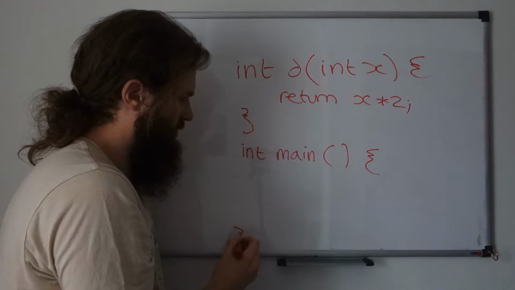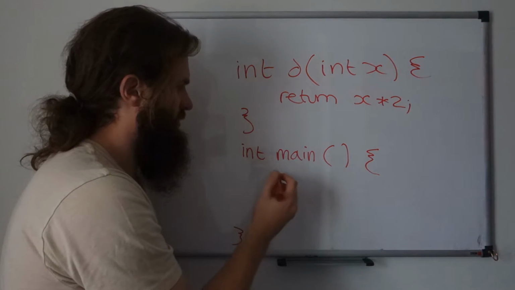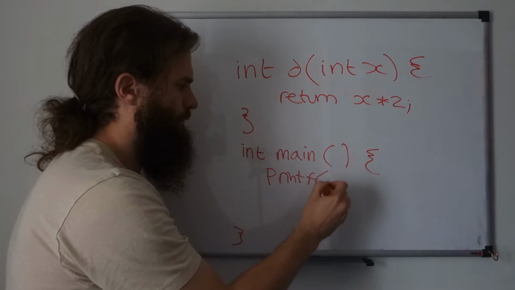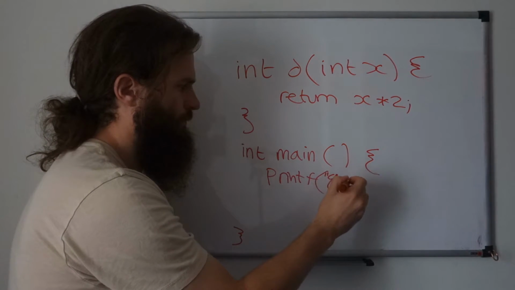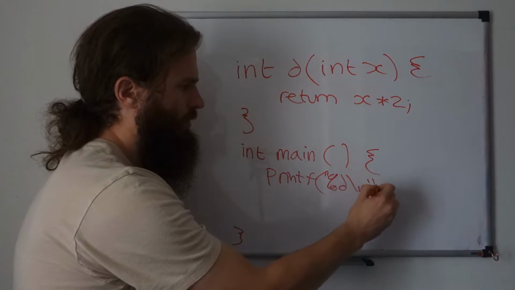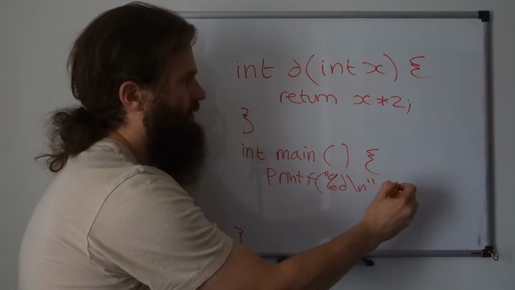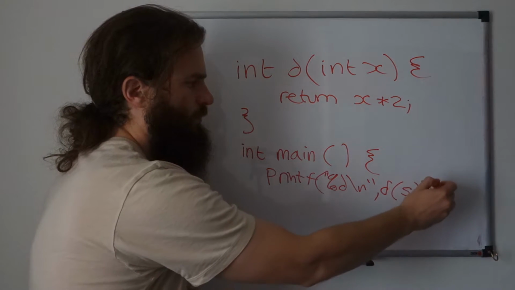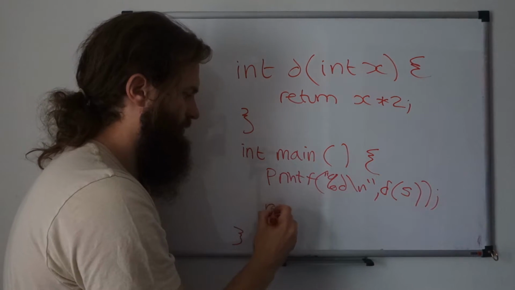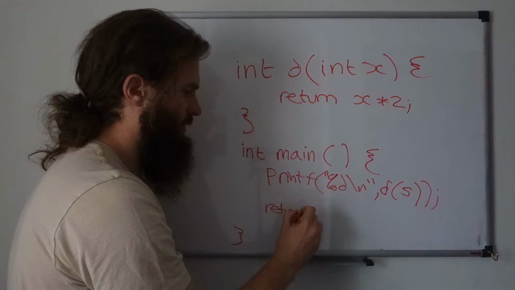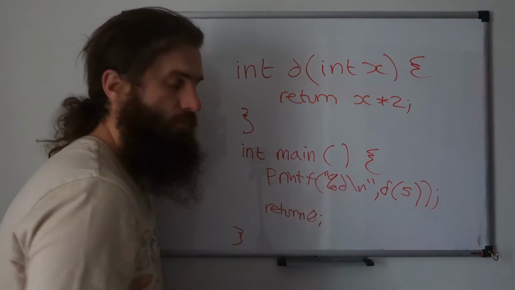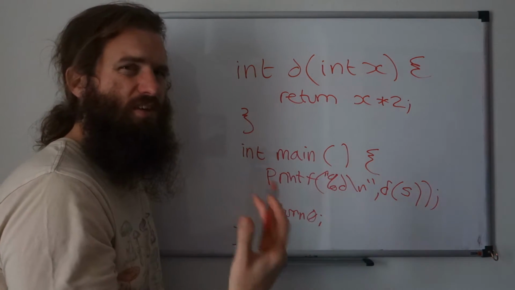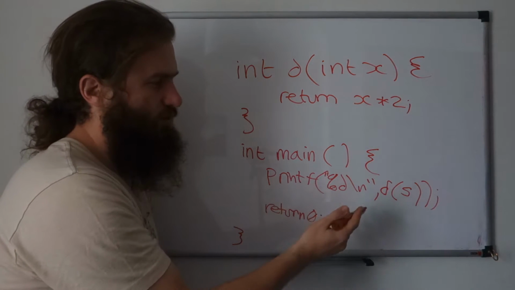And all our main function does is print out d called with the value 5. And then because it's a main function, it itself returns the value 0. So here our function is declared, and you saw from the example that by doing this we're calling the function